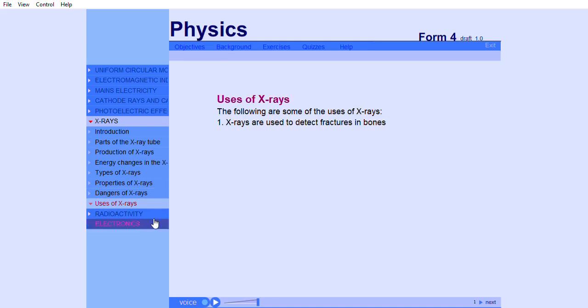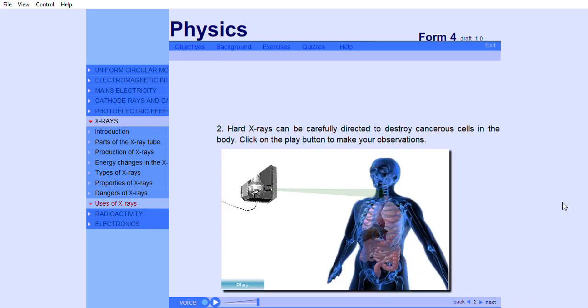Uses of X-rays. The following are some of the uses of X-rays. X-rays are used to detect fractures in bones. Hard X-rays can be carefully directed to destroy cancerous cells in the body. Click on the play button to